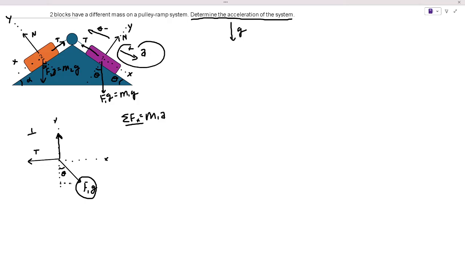If we look at over here, the sum of forces equals m1a. So we have a force pulling this way, which is the same as this one right here. If we were to draw some vector diagrams, you can see there's a little triangle here, and the angle opposite is sine. So we're looking at this specific component right here, which is the same as this. All I did was translate this down here to that. I just moved the vector. It doesn't change the problem. So that vector would be